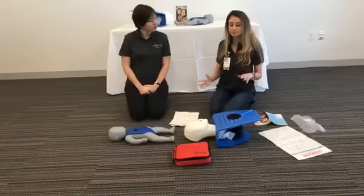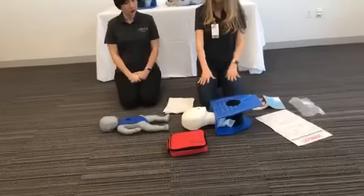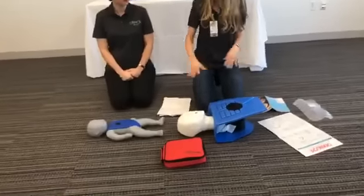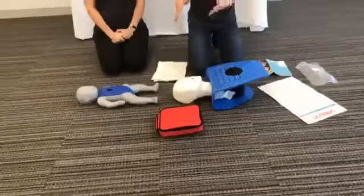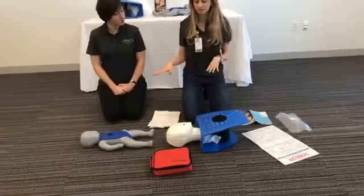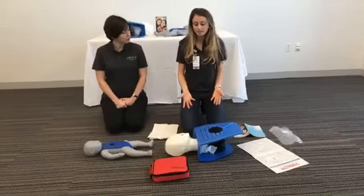So before we start, you probably see two different mannequins. This is going to be for our toddler to about school age, and then this is our infant who is from birth to about 1 year of age. So we'll talk about the differences of CPR in a minute, but to answer her question, basically when a child